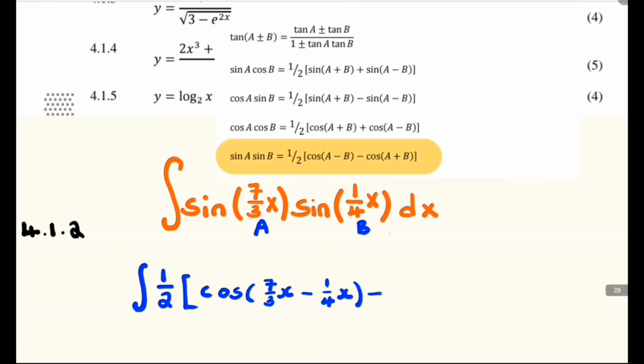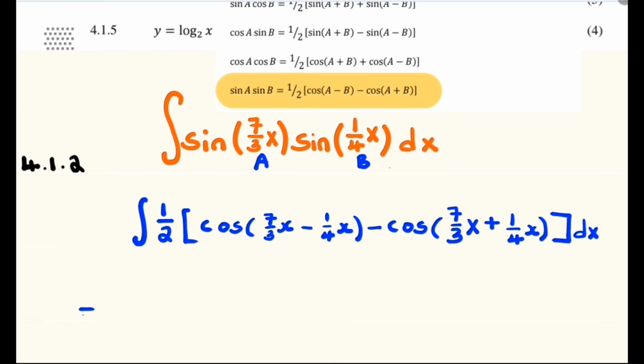According to that formula sheet, we have minus the cos of 7 over 3x plus the 1 divided by 4x. We are integrating with respect to x. The 1 over 2 is a constant, so we can write it out of the integral. So we have half the integral of